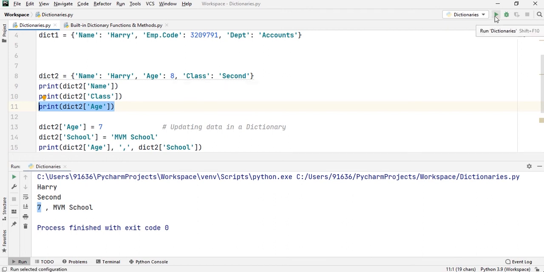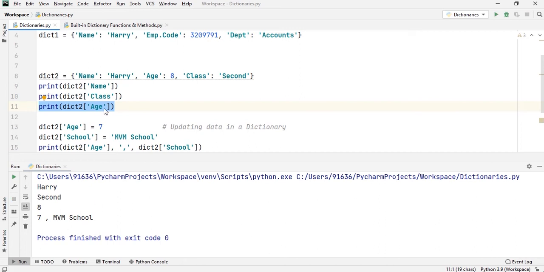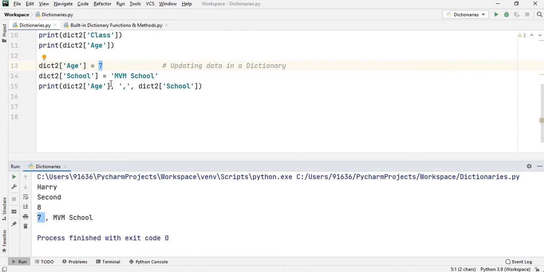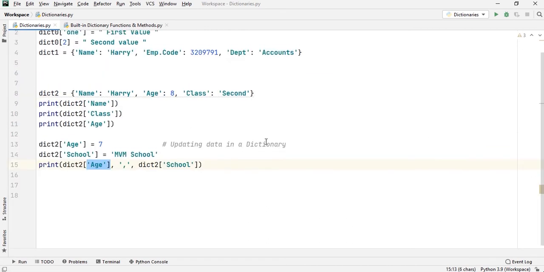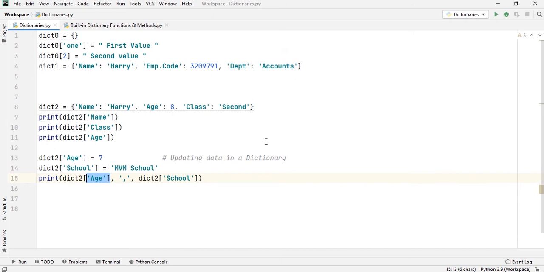I am running it for you. You can see in this line of code the age is 8, but as soon as it got updated here in this line, then the 7 gets printed here when I was trying to print the key age. So this is how you work with dictionaries.